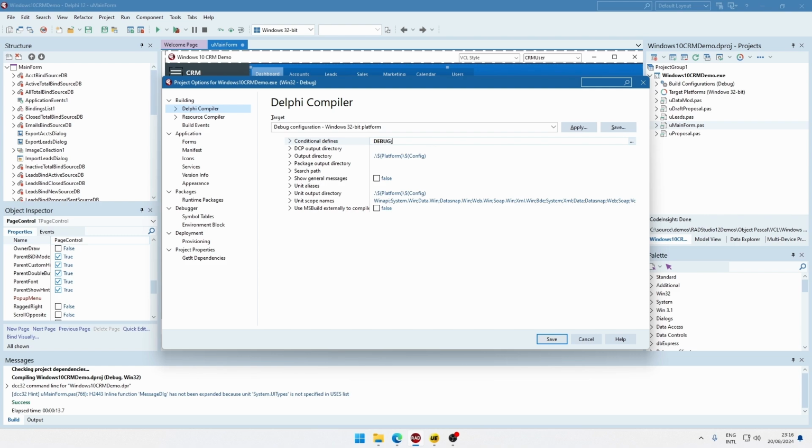So I will define a new symbol. It has to be named as exception stack trace. I will save,